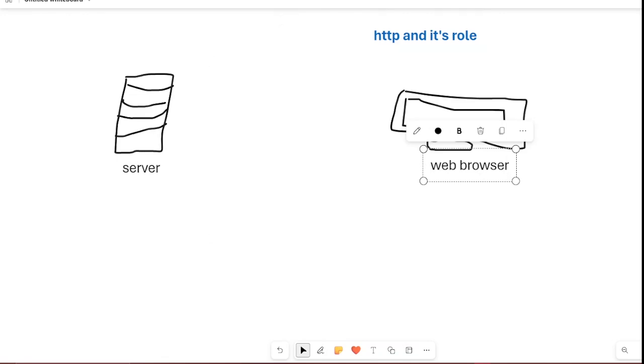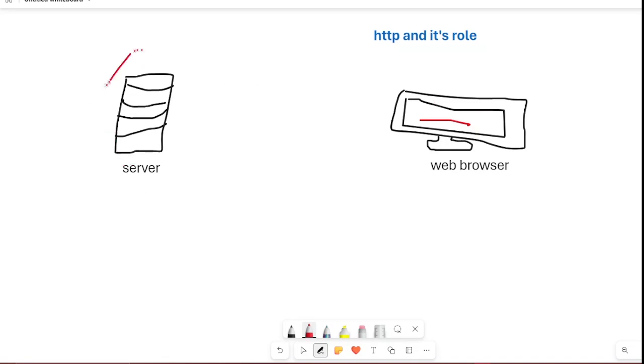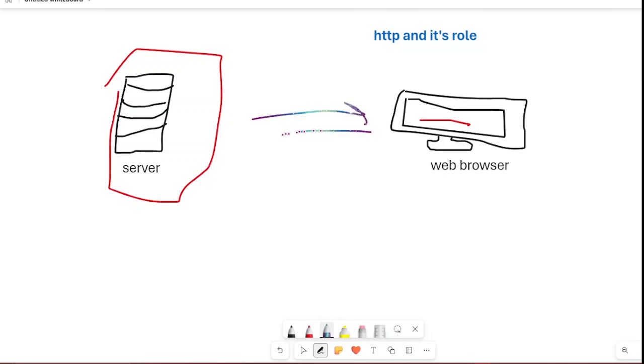Stick with me here, it's actually a fun one. So now, how do these two actually transmit data? We have the back end, we have the front end. The front end application will be running here in the browser, and the back end application is already running here on the server. How do they send data between themselves, back and forth? How they do this is with the